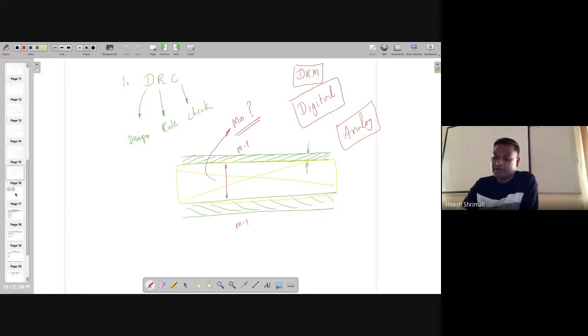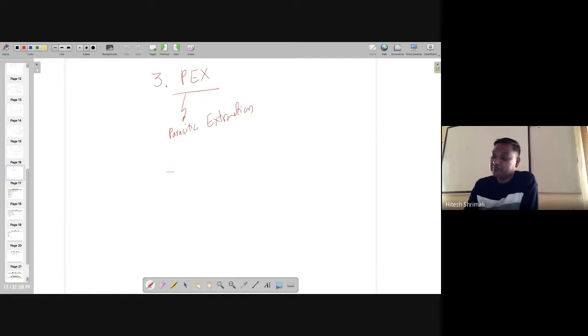So on top of the transistor, you might have something like this one, but in reality, you might have something like this also, whose values will be found out by this PEX. When those are added, your circuit will not give the same performance that you got in the schematic, right? So that's why it's very important that you do the PEX analysis.